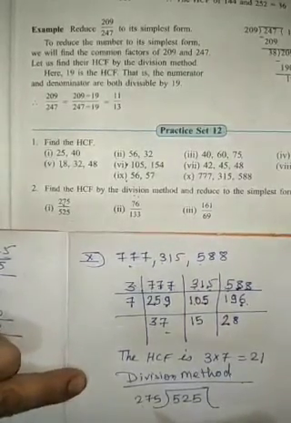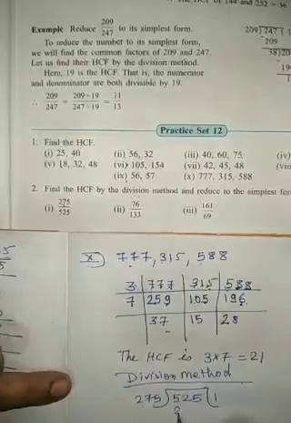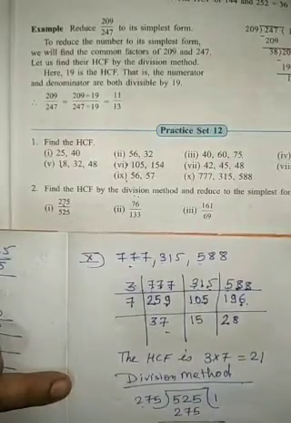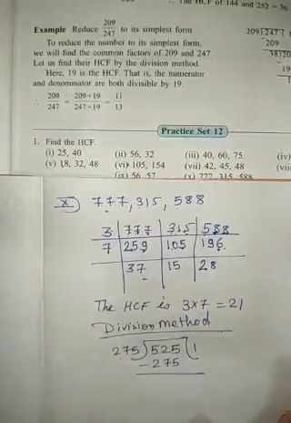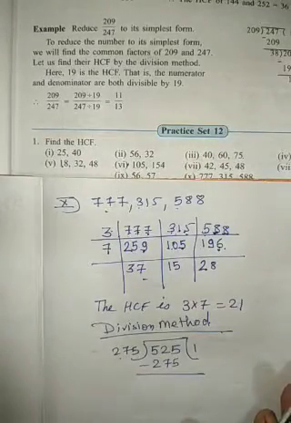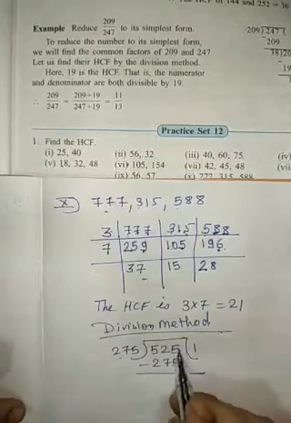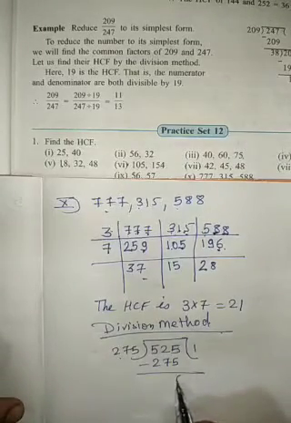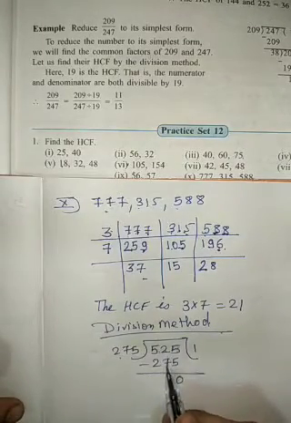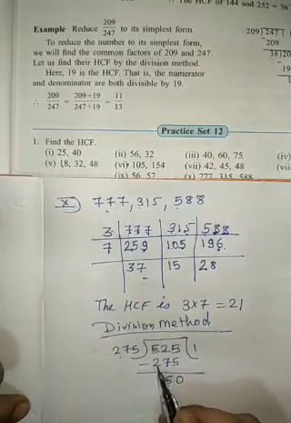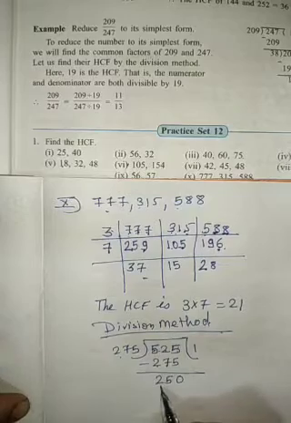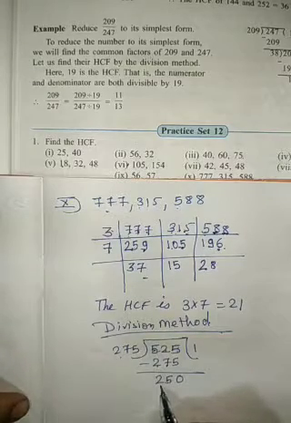275 ones are 275. Okay, the simple way you divide, in the similar way you have to divide. Now subtract, that is 5 minus 5 is 0. Here 12 minus 7 is 5, and here it will be 4. Then 4 minus 2 is 2. Then here you are getting remainder 250.